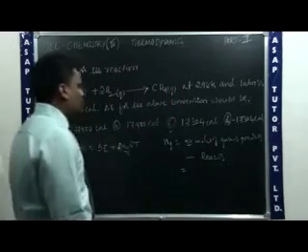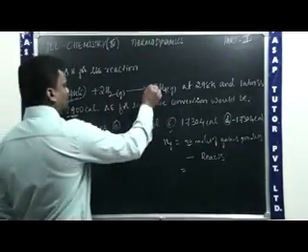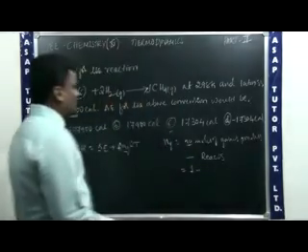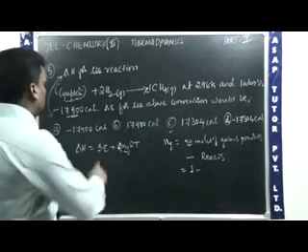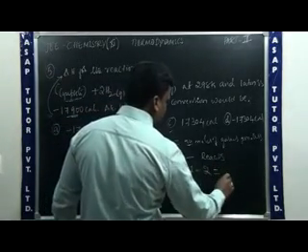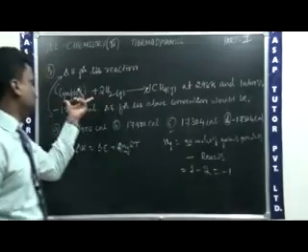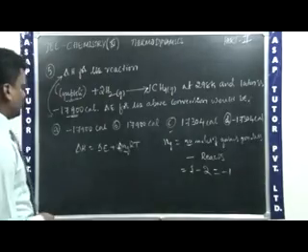Therefore, the number of moles of gaseous product: how much is it? Here there is 1. You can write 1 minus the number of moles of gaseous reactants. How many moles of gaseous reactants here? 2. So there is 1 and 2. Therefore, we can write 1 minus 2, which equals minus 1. Here there is only one product and two reactants, so 1 minus 2 is equal to minus 1.